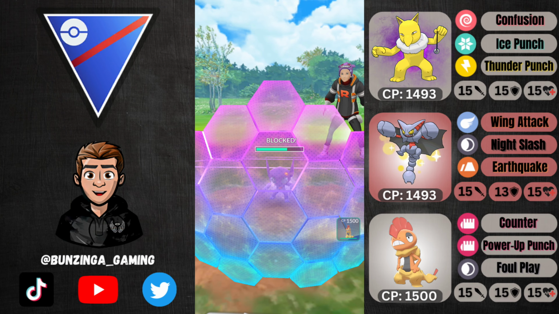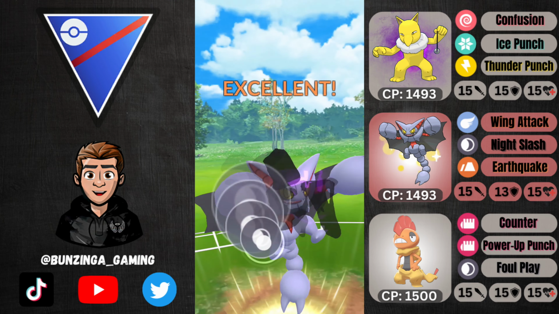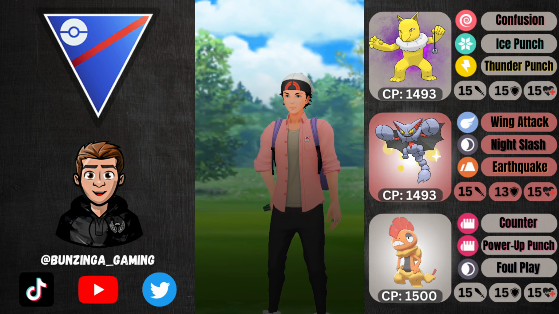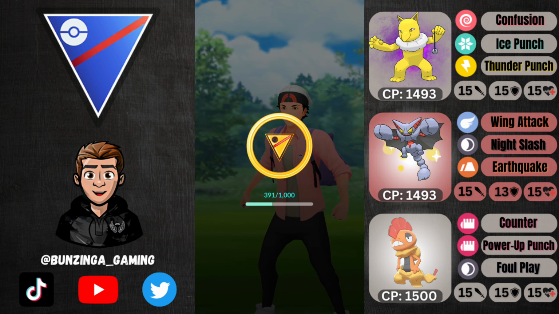And they do, so we're going to go ahead and use the Night Slash again one more time. It should deal significant damage here because we got that double attack increase. And let's see. And we do, and one tap with Wing Attack, and that is it for the first battle. So we were able to take out this trainer with just our Hypno and Gliscor, and that just goes to